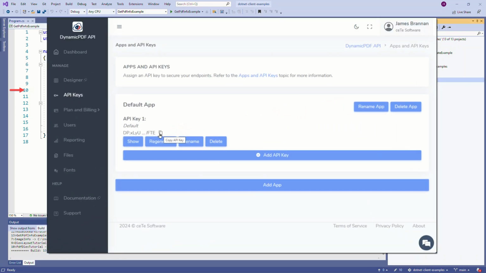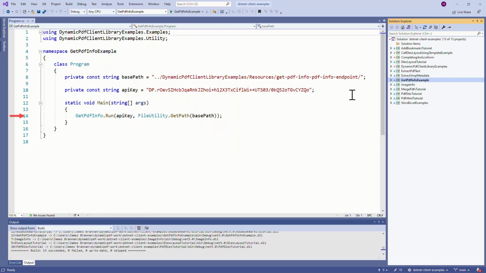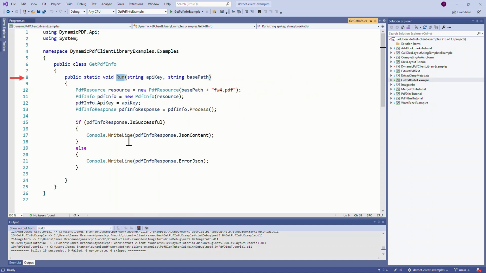This is, of course, the API key from the DynamicPDF portal. Obviously, you'll need to change this to your own key. Now looking at the main method, it calls the getPDFinfo class's run method. Let's go to it. The getPDFinfo class contains a static run method that takes the API key and the base